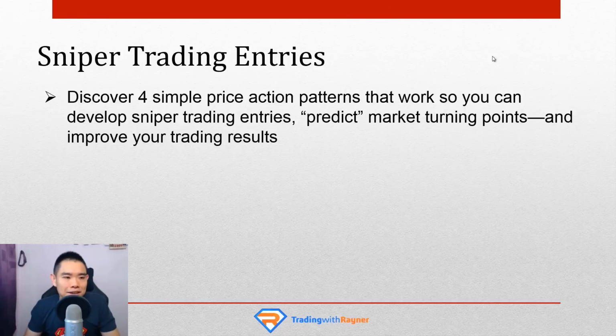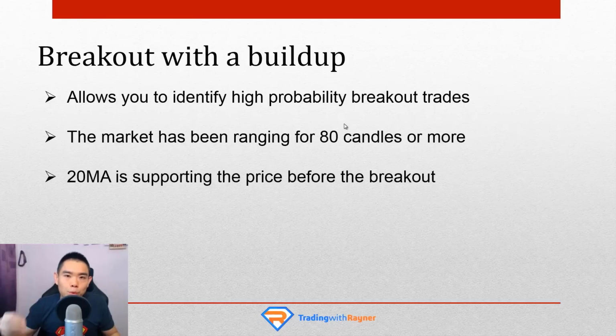Let's get started. Number 1, the breakout with a build up. This is an entry technique that helps you identify high probability breakout trades. And here's the thing to look for. Number 1, you want to have the market to be in a range for at least 80 candles or